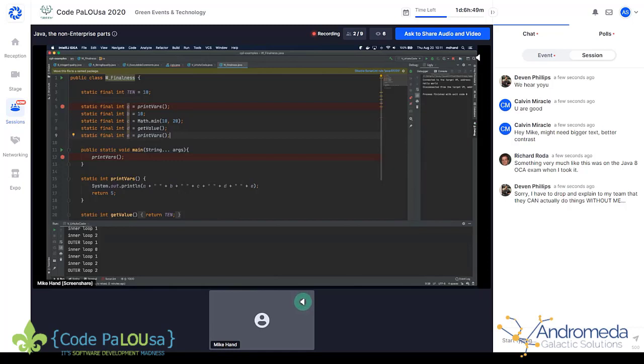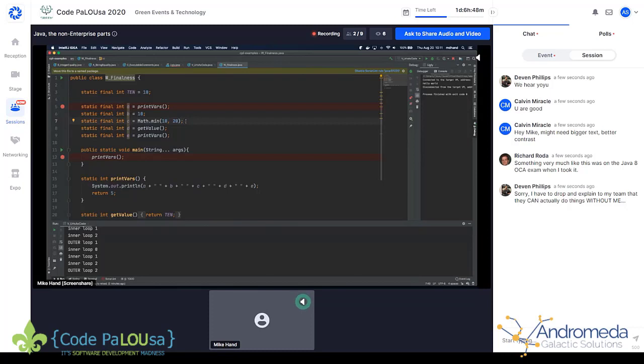A is going to be assigned from this method printVars. PrintVars is going to print the value of A, B, C, D, and E, and then it's going to return 5. So A should have a value of 5. B, we're just giving a value of 10. C, we're going to assign its value from the result of a call to Math.min.